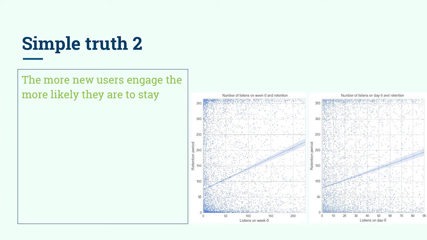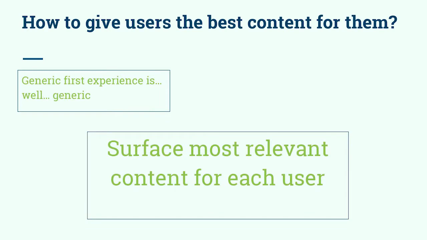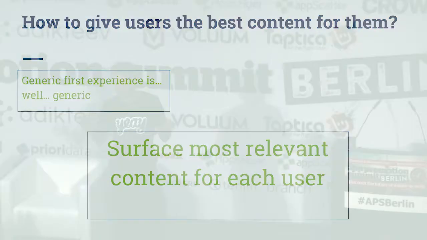Very clear correlation. The more they engage, the more likely they are to be retained. And what does that mean? It doesn't mean that we only have to put content in front of users that they have a known context, but it has to be personalized. The expectations that user A has are different from user B. And even if it's just a little bit, even if they are sharing demographics, for instance, they would still have slightly different perceptions of the app and expectations.